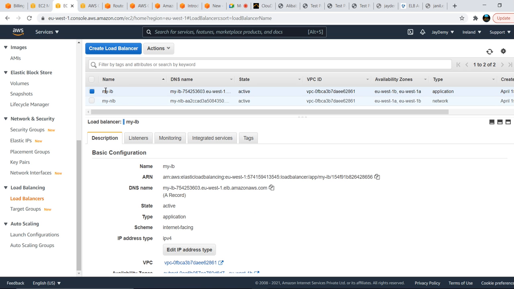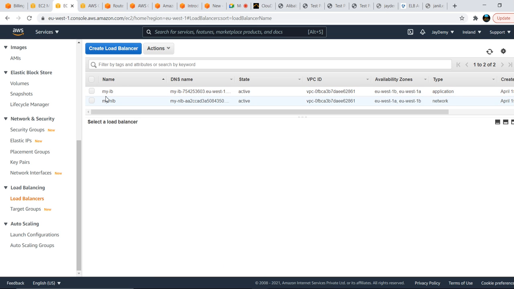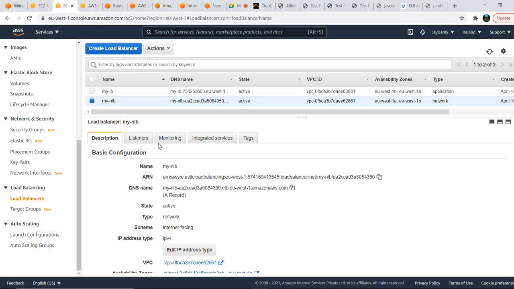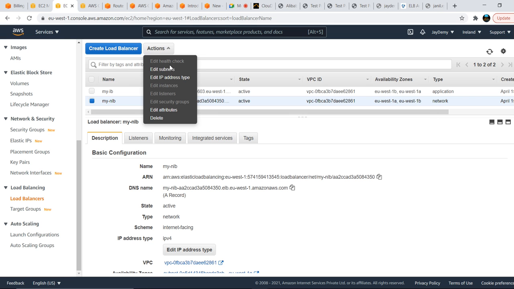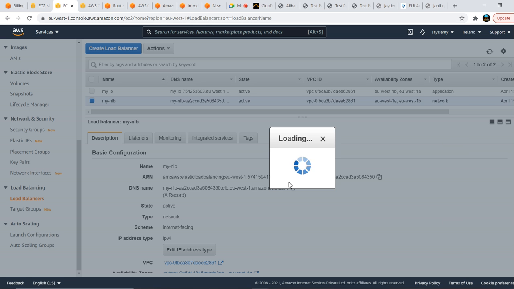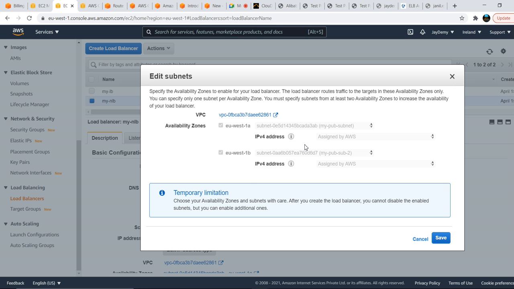That is how you need to create NLB also, and these are the differences. Cross-zone load balancing, all this you need to keep in mind. Okay, edit subnets. We have the option to edit subnets. That means if we have only 2 availability zones and now you have a requirement to add another subnet, if you created that one, it will pop up here, but you can't delete existing subnets. Keep that in mind.